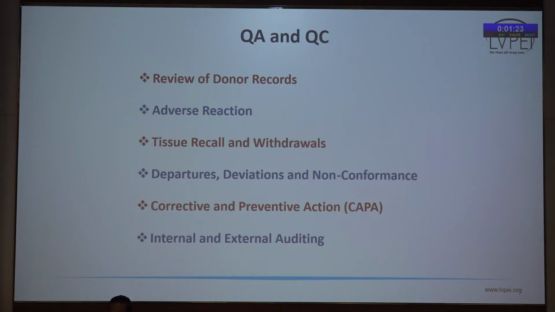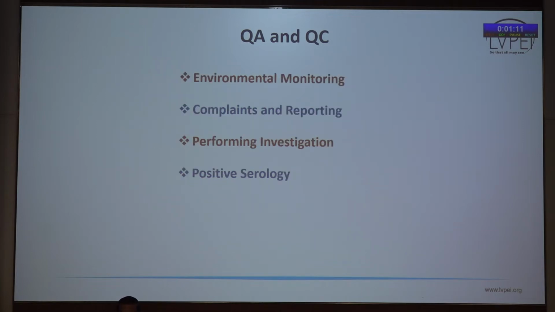Internal auditing can be done by somebody from this hospital, from another department. And external auditing: SightLife does it for a few, but EBI and NABH have a plan to do external auditing. Then environmental monitoring: this is UV light, and you keep a culture plate to know, it's like an OR. Even if you are not doing pre-cut, environmental monitoring is required. And any investigation is an NPCB requirement. We do investigation for positive serology, and again it is written that the tissue is not to be used.